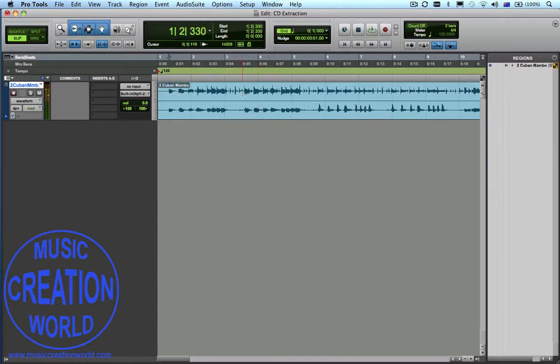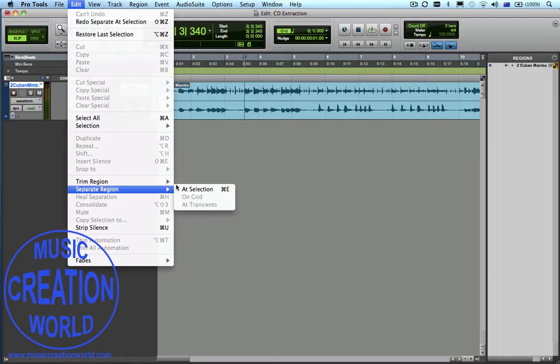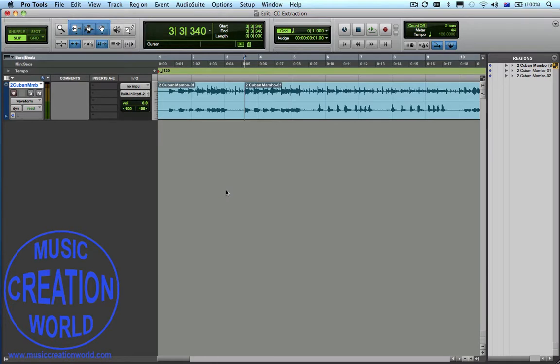But it does begin here, so I might use this one just here. So I'll press the tab to transient, so I'll press the tab, it's lined up there. I now split the region, or separate the region as they call it. That selection, and it's got a shortcut, Command E, so I'll use that for the next one,